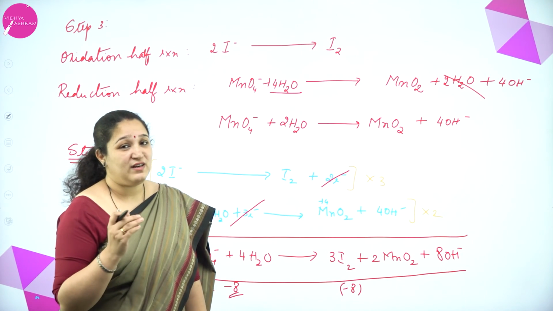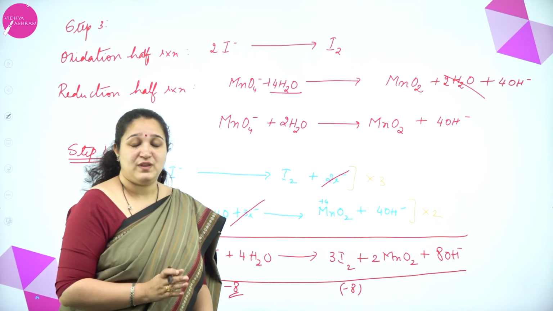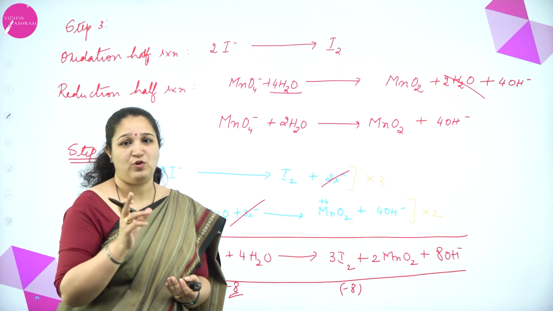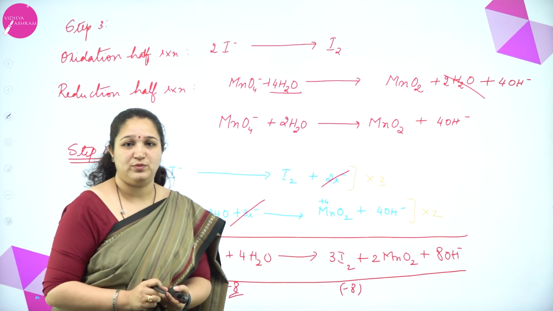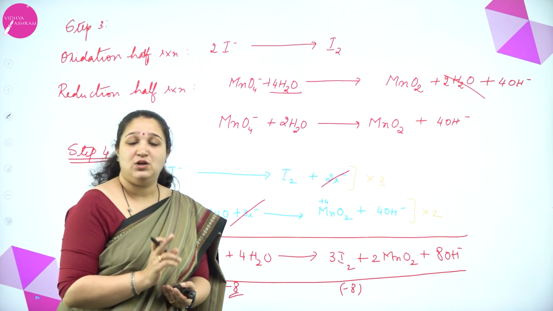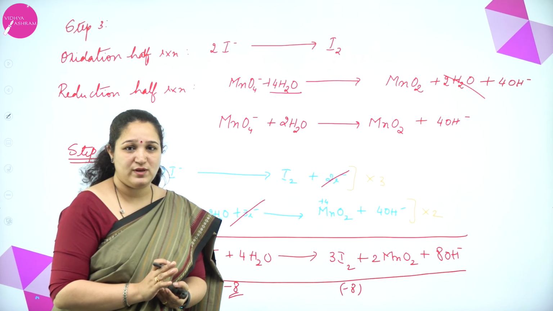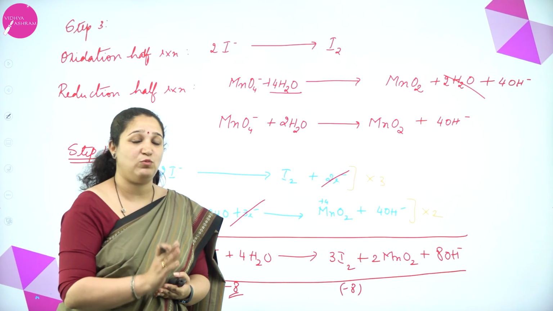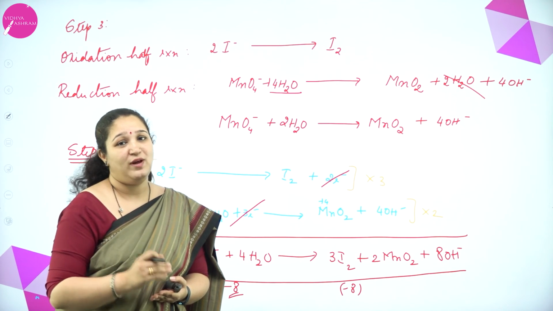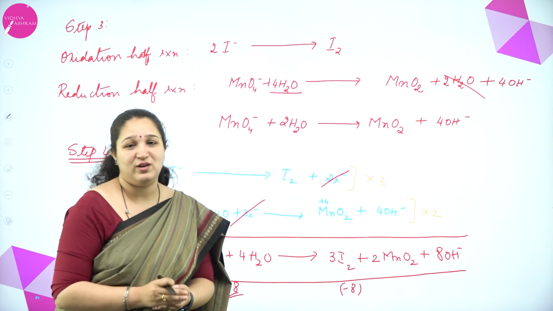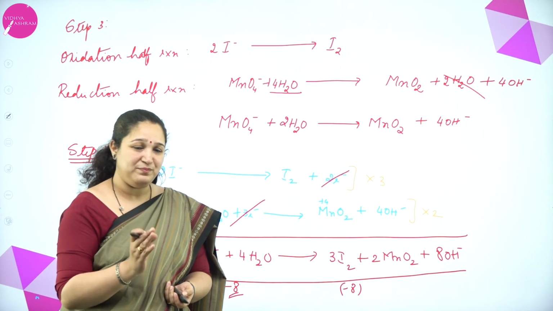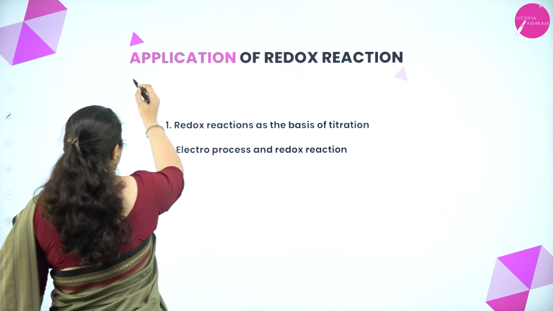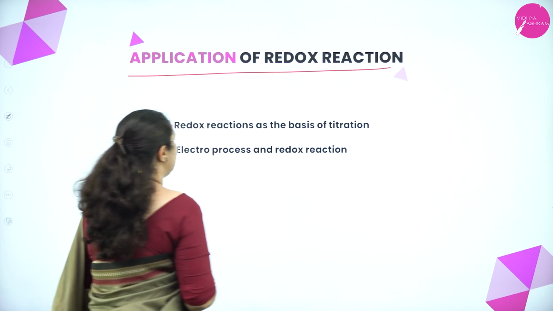So I hope you have understood the entire chapter. One question, that is one balancing, is a sure short question for your exams in your PU board. So please do learn to balance all the equations, especially with oxidation number method. Most of the time only that is asked, but then you never know, they can ask even ion electron method, okay.